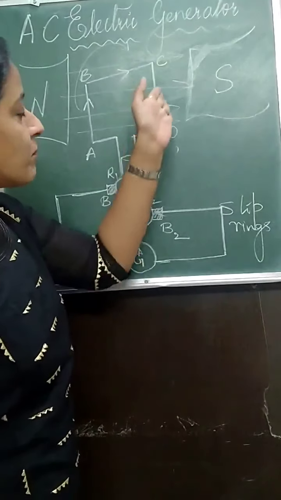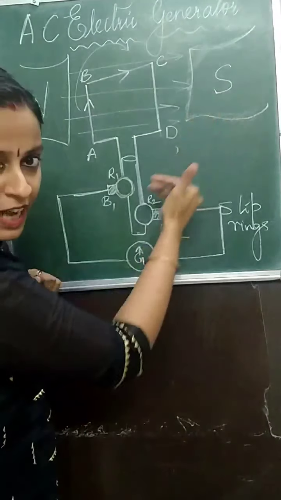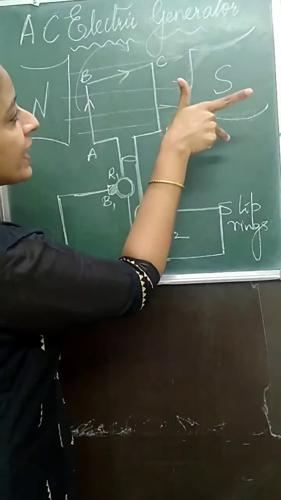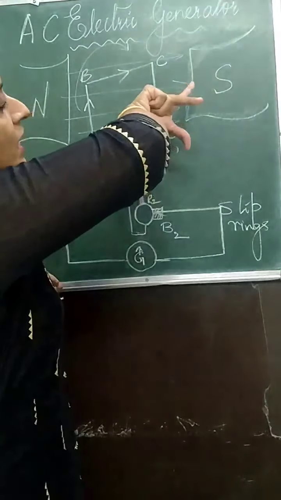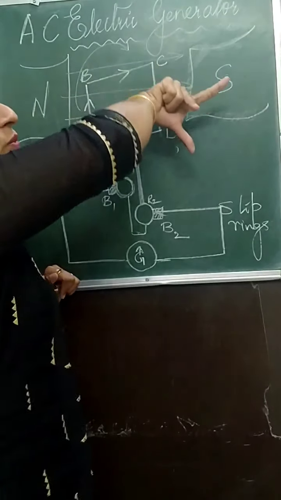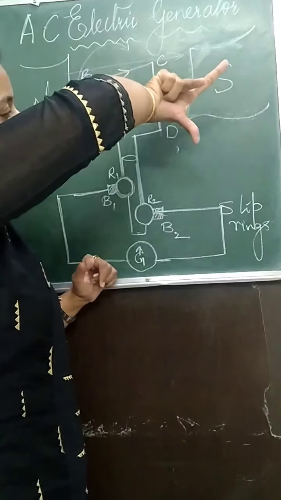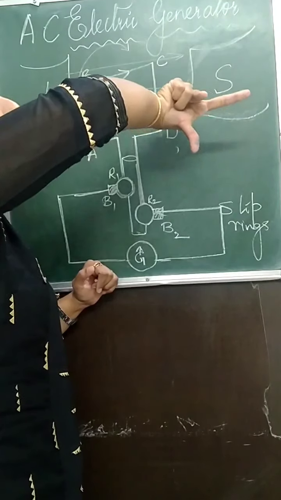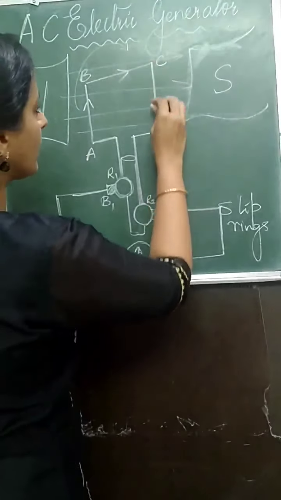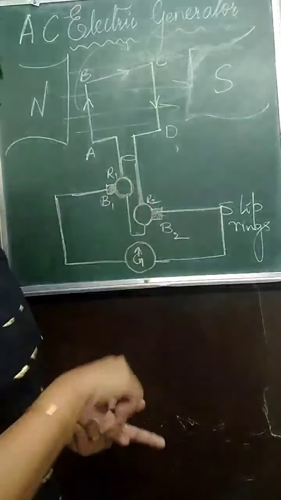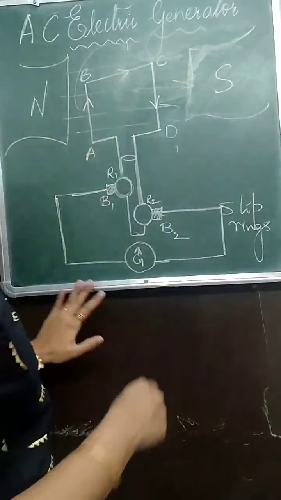Now let us apply the same thing here on arm CD. The arm CD is coming downwards. So if you apply Fleming's right hand rule, downwards means this way. Your fingers this way. So motion of the conductor, the coil, is in the downward direction, magnetic field is from north to south. So the current is pointed outwards. So it is coming in the downward direction. In AB it is going in the upward direction and in CD it is coming in the downward direction.